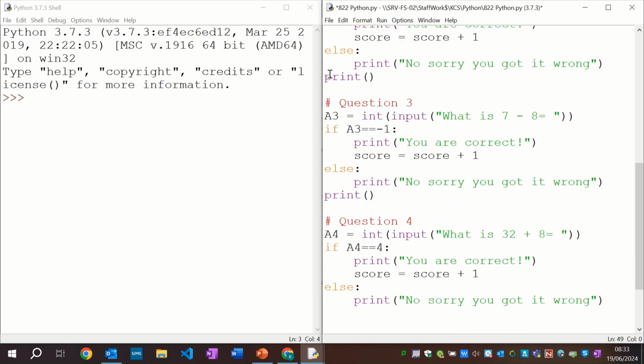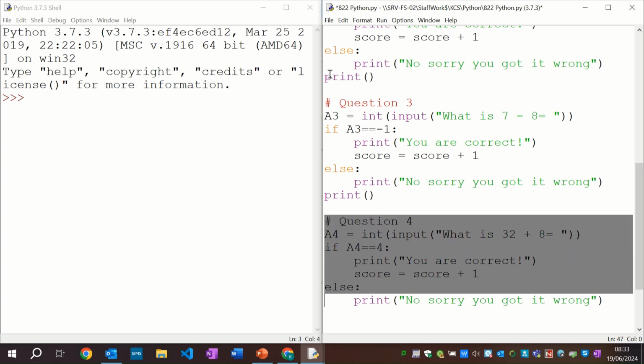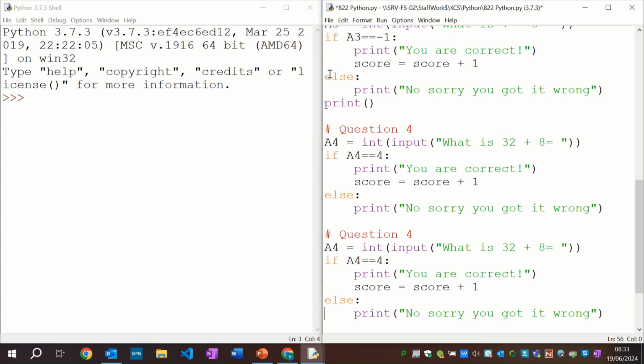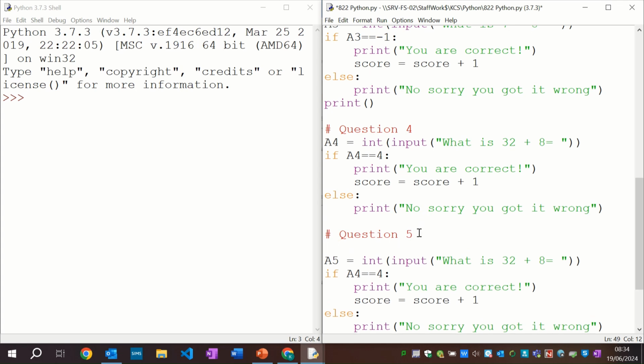So I'm going to go down, and I've got question 4 down here, and I'm going to nick most of it. I'm going to change this so it says question 5, and this needs to go to question 5. So here we go. Oh, it's lovely, the bell, perfect. I'm going to say